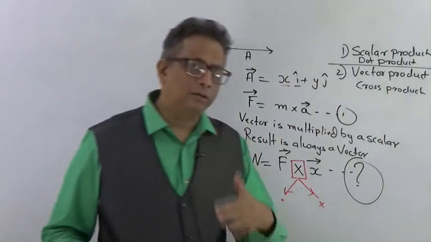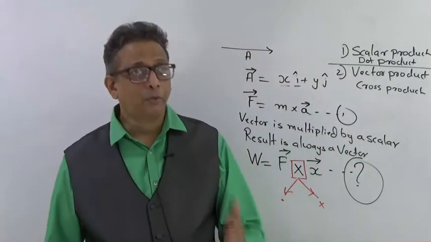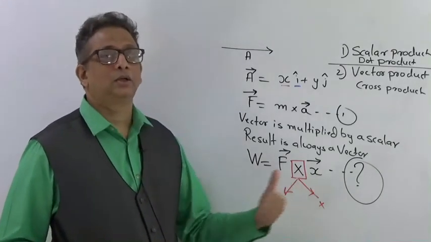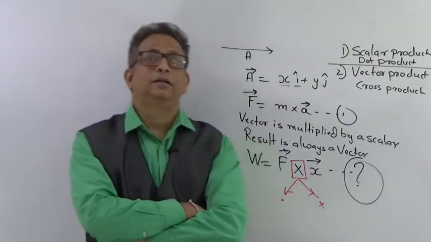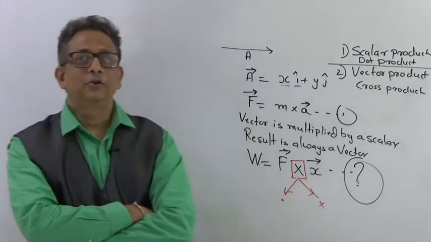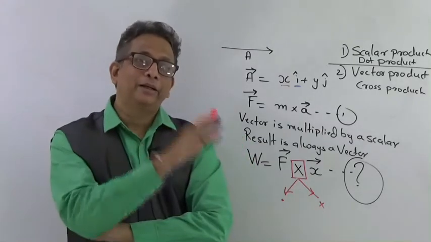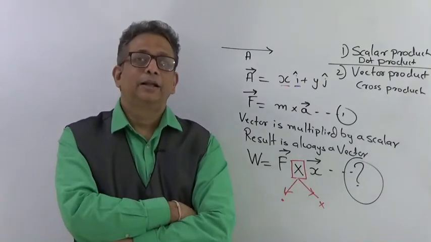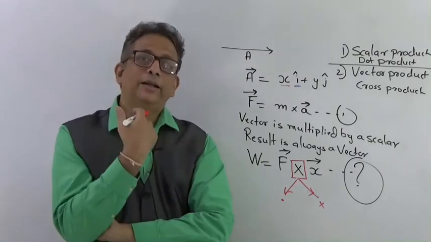Okay. What the scalar product and vector product are mathematically, we will just see. But what is important is understanding how and when to use the dot product and the vector product. As I have said, it depends upon the resultant value. You cannot just multiply F and x using a vector product, because a vector product will give a result in which a vector part is also present. Whereas in a dot product, when you multiply two vectors, the vector vanishes in the result